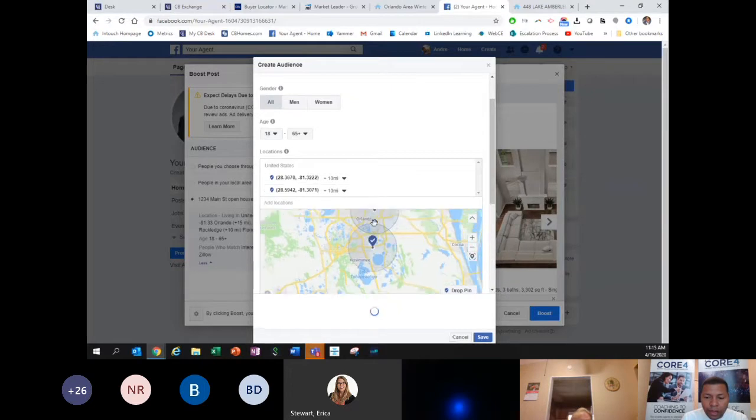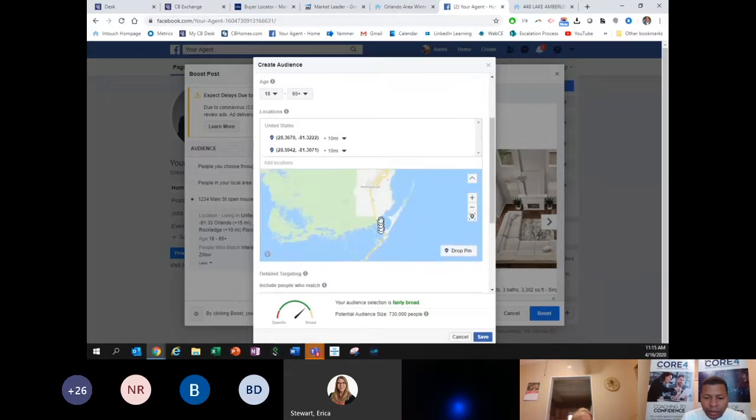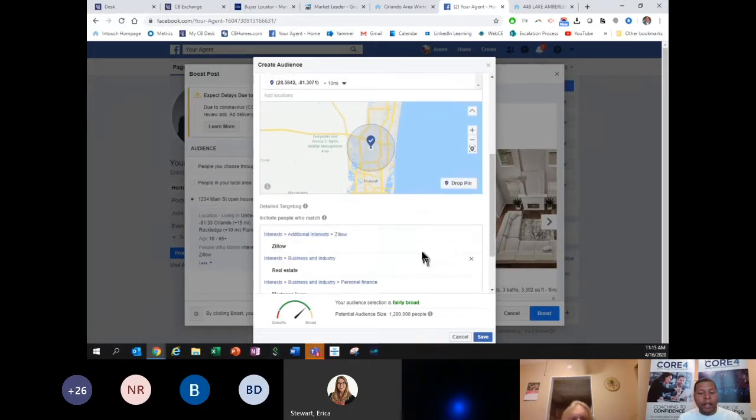I can drop a pin here, okay? And I can also go down and drop a pin somewhere else, okay? Probably not Homestead. You know, I can drop a pin here. Make sense? Okay. So I can drop a pin there, but now I need to